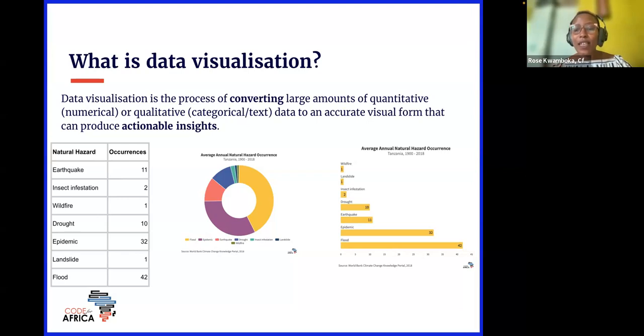Nicholas picked the bar chart because of how it's rendered, that at first glance you can actually see the numbers, like the hierarchy of the numbers, which is the most natural hazard occurrence, and which one is the least, just at a glance. And Joseph picked the table because